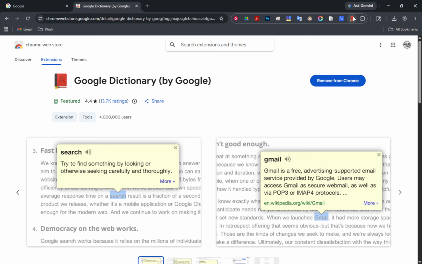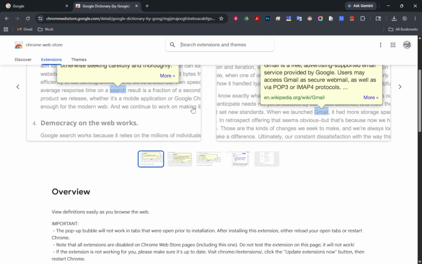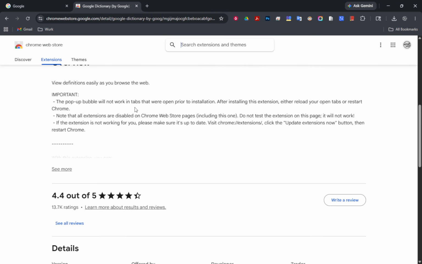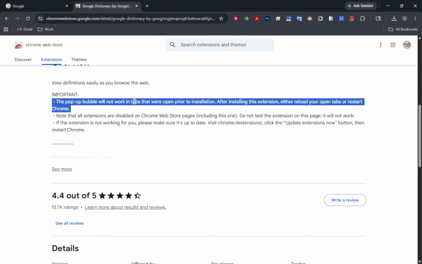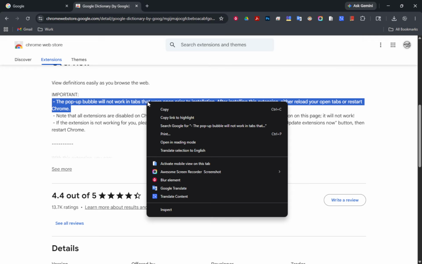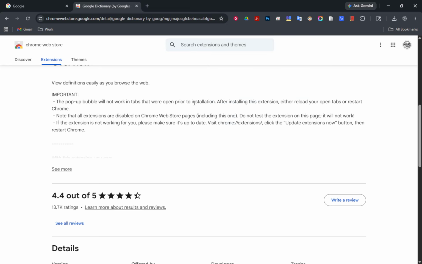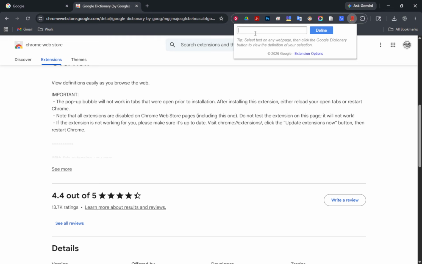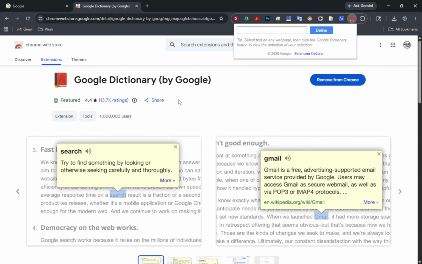After installing, double-click any word on a web page and a small pop-up will appear with its meaning. This is great for quick lookups while reading articles, doing research, or studying vocabulary. If you want more detail, click the dictionary icon in the toolbar to open a fuller view. That gives you a complete definition in a dedicated panel without disrupting your browsing. From here on out, that's all you need. Just browse normally and call up definitions on demand.